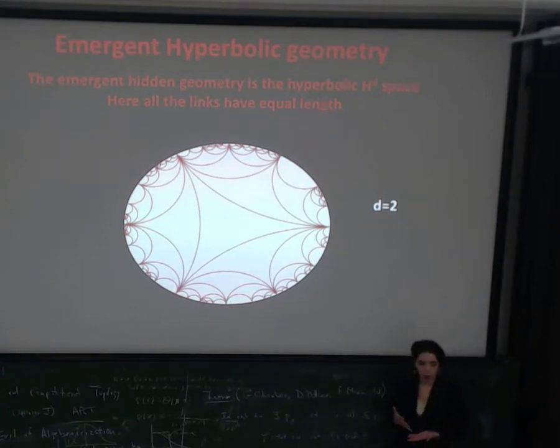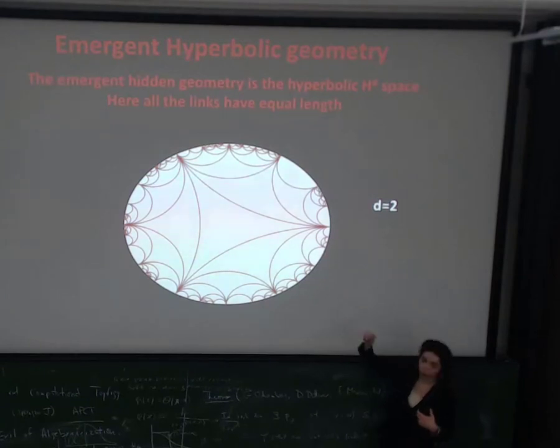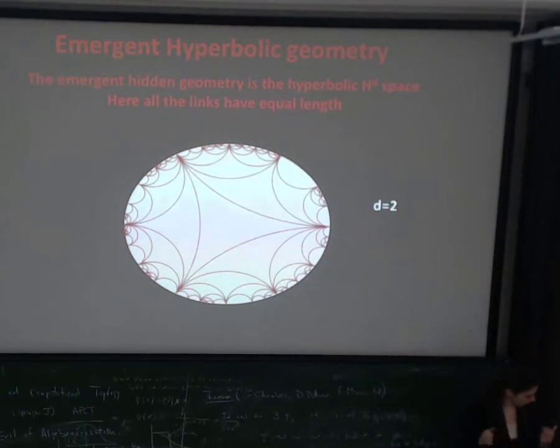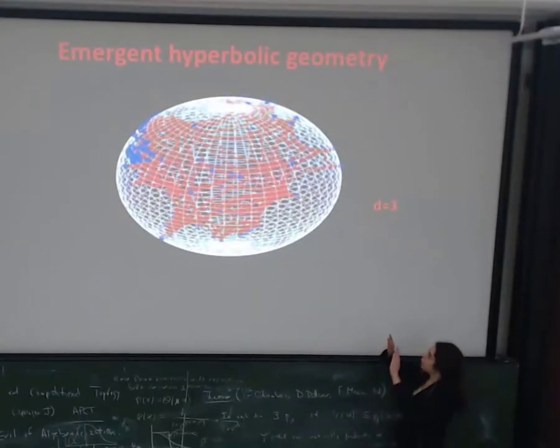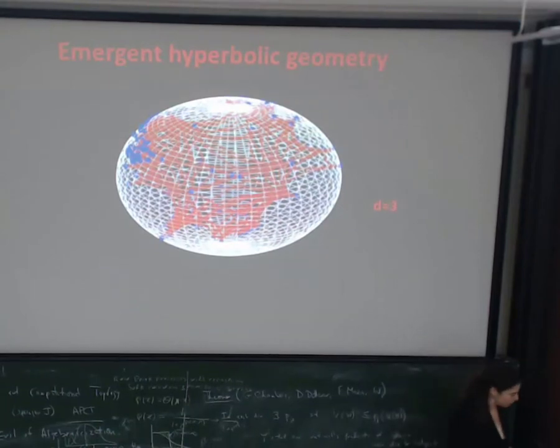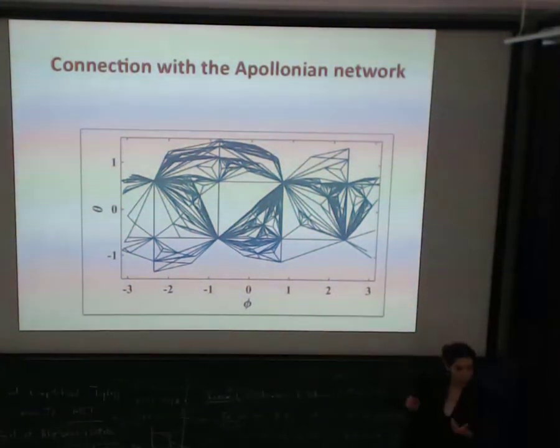Yes. So if we allow the links to have all equal length, our conjecture is that the most natural emergent geometry for this object is hyperbolic, where we start from the triangle in d equal to 2, and we attach triangles randomly to every d minus 1 phase. And actually, we can extend this to 3D, and we can also look at the position of the nodes on the boundary of this space, and we can project this in Euclidean coordinates, azimuth and angle, and we see this pattern arising, and we recognize from this